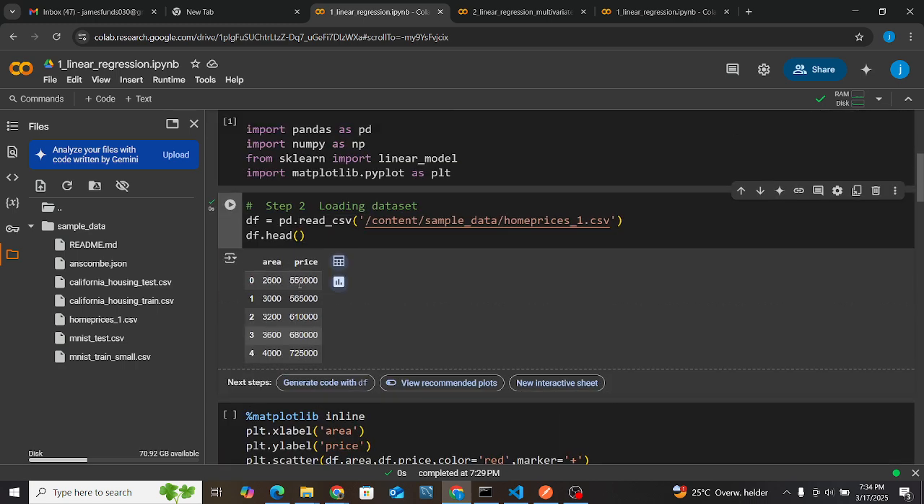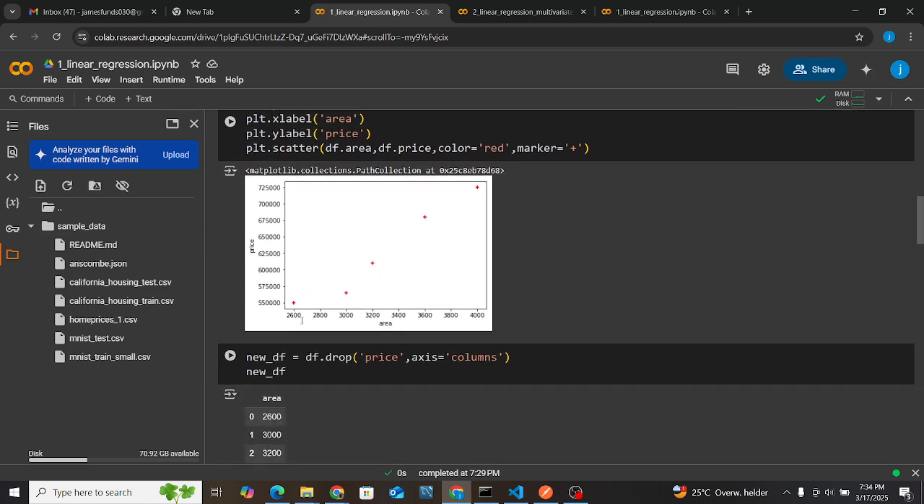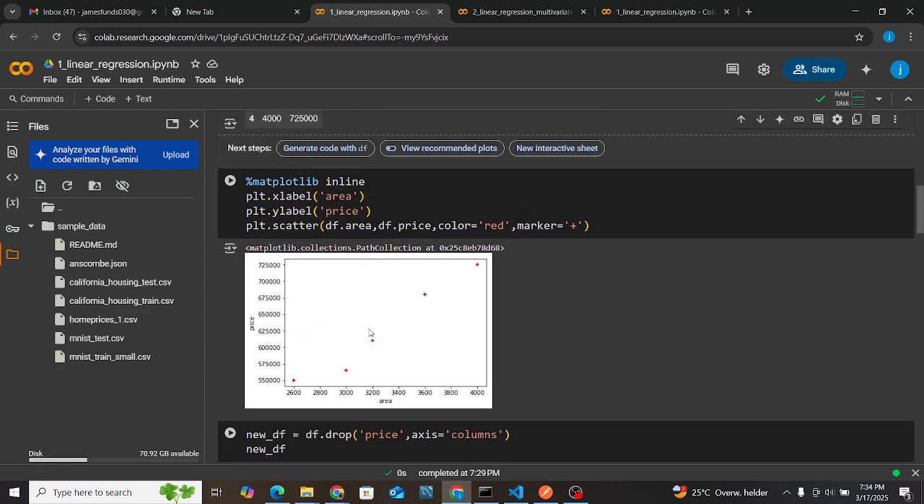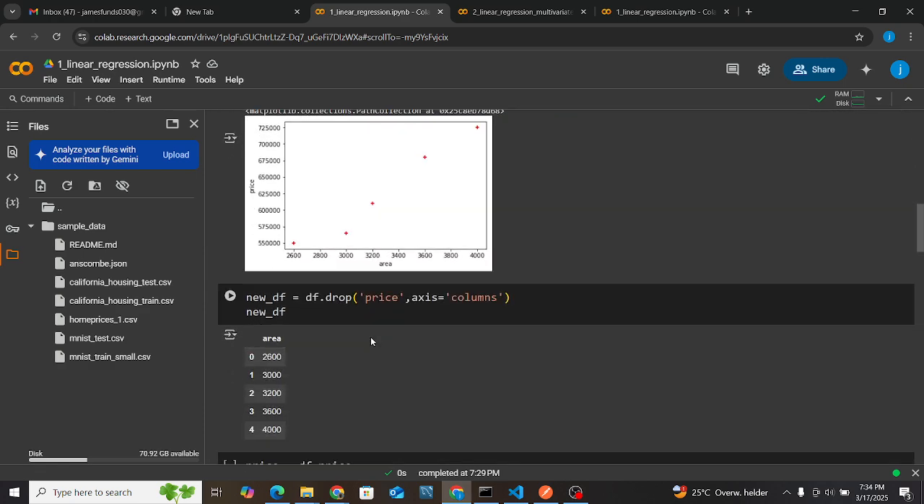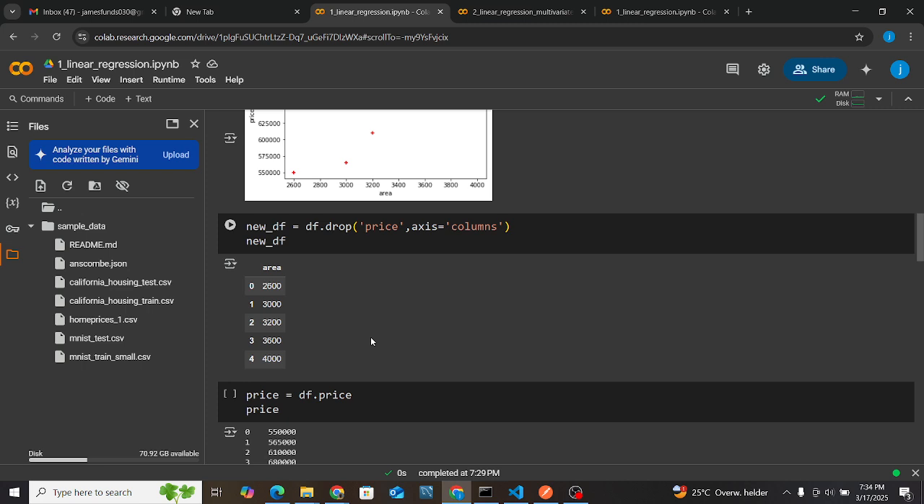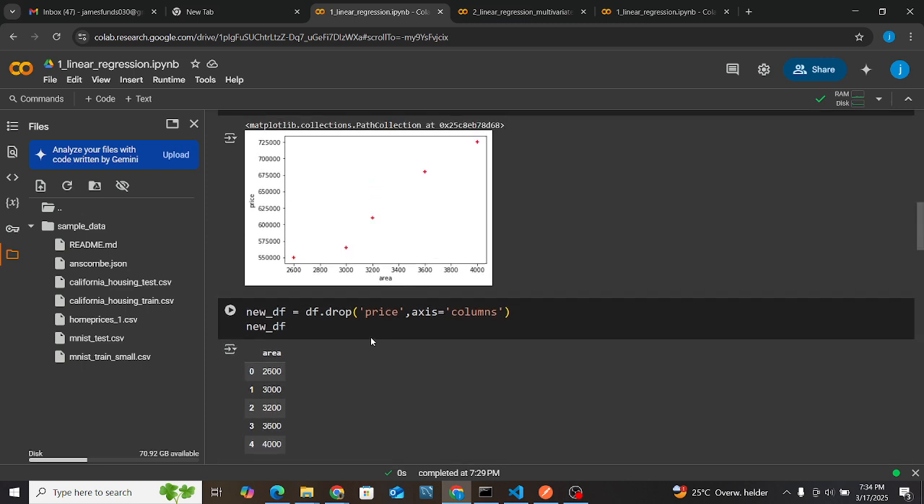So, but remember, this one is just a sample data set. So let's just get into how you can now create a model that will help us predict the house price based on the data that we have. So the first thing that you are going to do here